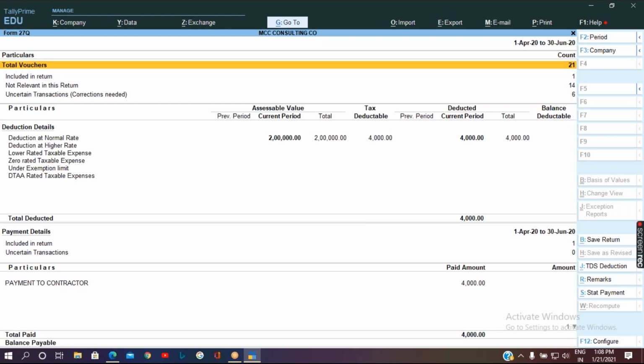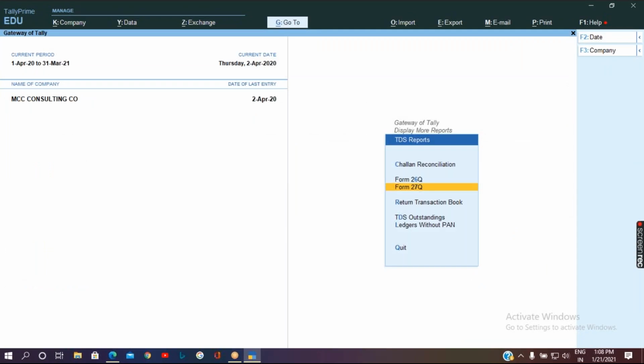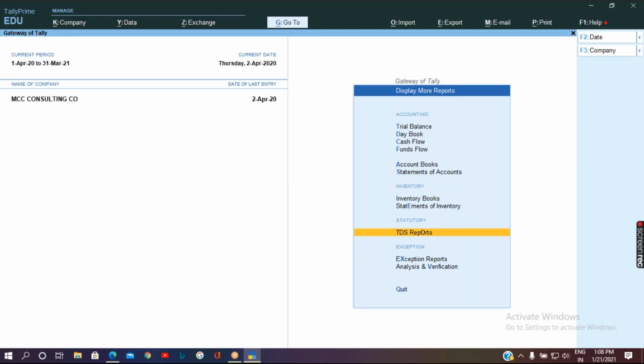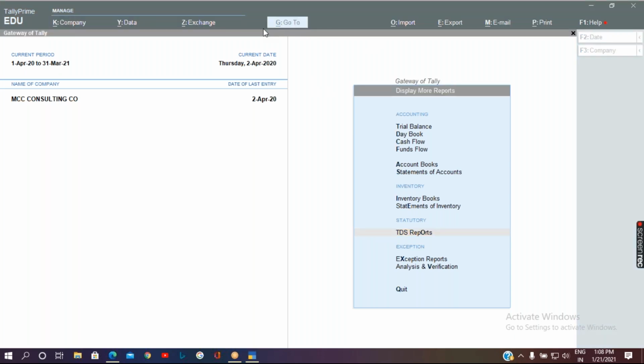Whenever you make the payment to the government regarding the TDS, you will not be allowed to make the payment with the normal challan. They will ask you to fill up the respective challan. So what is the TDS challan type? The TDS challan type is called the ITNS 281 challan.